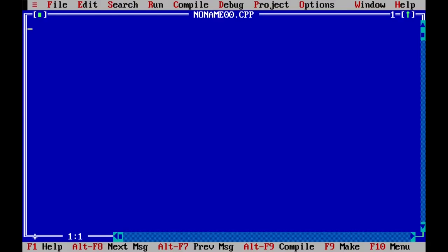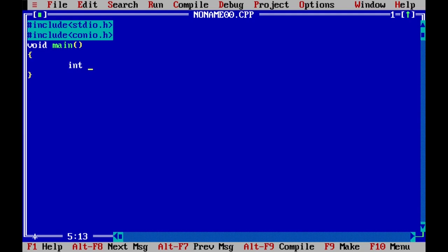Today we are going to see some basic programs like addition, subtraction, multiplication and division. So let's start. First of all, we are going to declare the header file. Now we are going to declare the function, that is void main. Inside this we are going to declare the data type, that is int type,